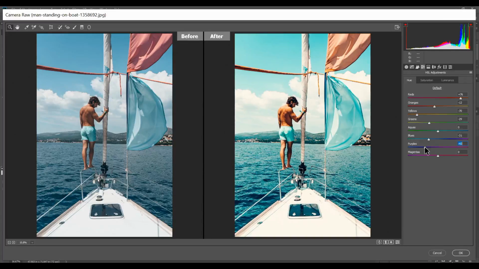And then -55 for purple, and 15 for magenta. Then go to saturation